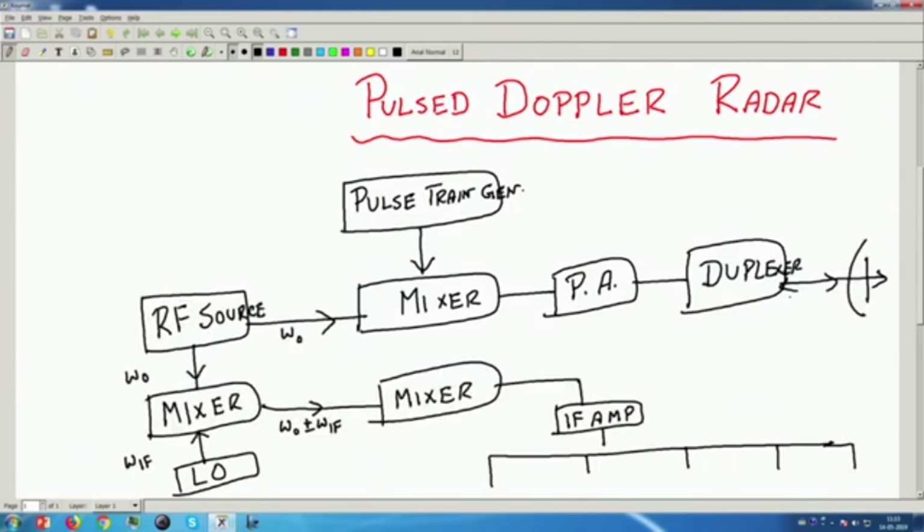From the duplexer we are going to the antenna. So, this is the antenna, and here you see that we have a local oscillator at megahertz type of frequency